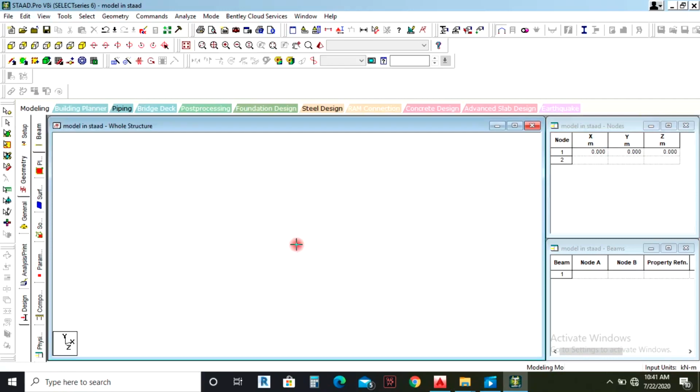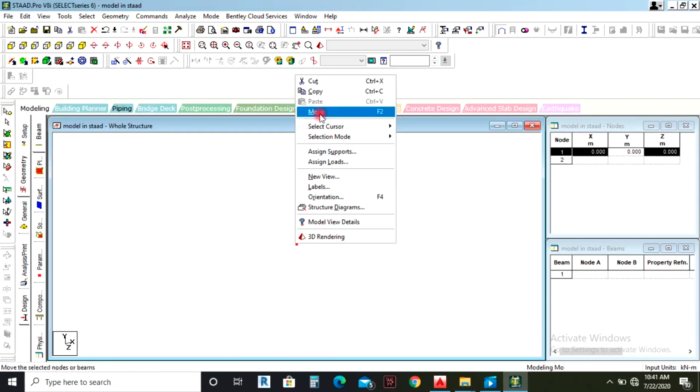Good. So this is your first grid. When you enter your first grid, you pick your node cursor, you select this node,